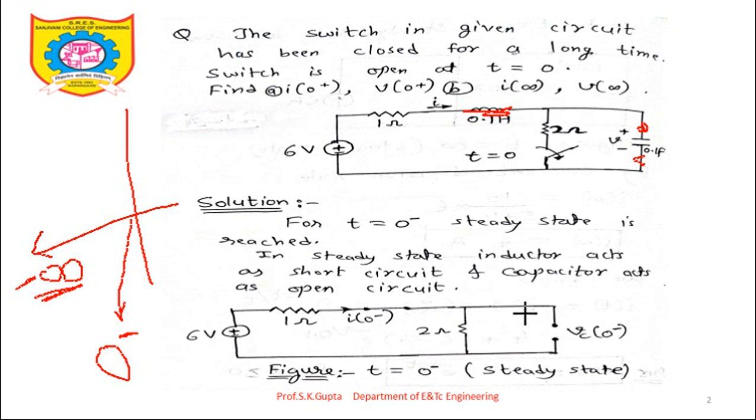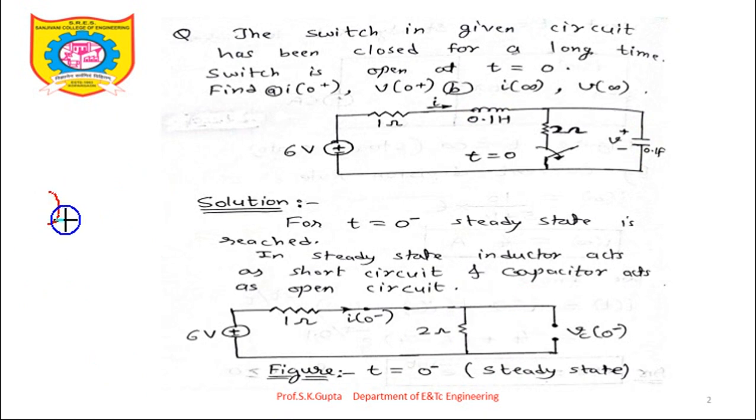As the capacitor is acting as open circuit, the current here is 0 ampere. Okay. So whatever current is flowing, i of 0, through 1 ohm resistor, same current will flow through 2 ohm resistor also. So can you determine the voltage across this 2 ohm resistor with the help of voltage division rule? According to voltage division rule, voltage across 2 ohm resistor is same resistance 2 divided by total resistance 2 plus 1, 3, into total voltage 6 volt. So it comes out as 4 volt. So voltage across 2 ohm resistor is 4 volt.